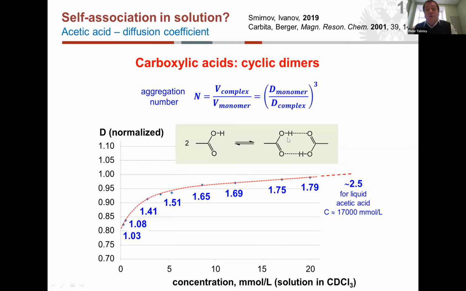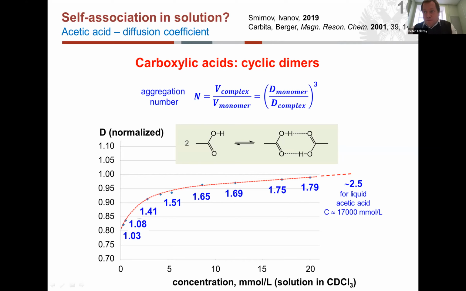And there is an equilibrium between these two states. So any spectroscopic observable in the proton spectrum sees the weighted average between the monomer and dimer. So the normalized diffusion coefficient changes when the concentration of the acid increases. We go from very low concentration to higher concentration, even higher concentration, and keep adding acetic acid into the solution. And the aggregation number, which at low concentration is very close to 1, keeps increasing, asymptotically approaching